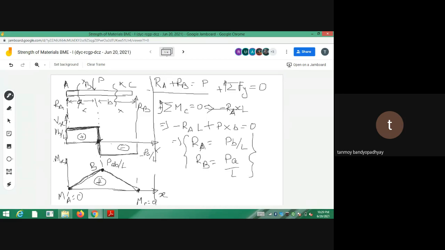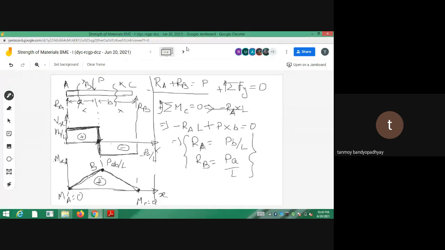So in order to locate the point where you have a maximum bending moment, you have to locate where the shear force is changing sign or the shear force is zero. Any point where shear force is equal to zero, the bending moment will be maximum. Any point where the shear force is changing sign, the bending moment will be maximum. They can be local maxima and minima, meaning shear force can change sign or be zero at many points. In those cases you will get many local maxima and minima, and from those you have to find out which one will be maximum. But the general thing is, whenever the shear force is changing sign or the shear force is equal to zero, the bending moment is maximum.